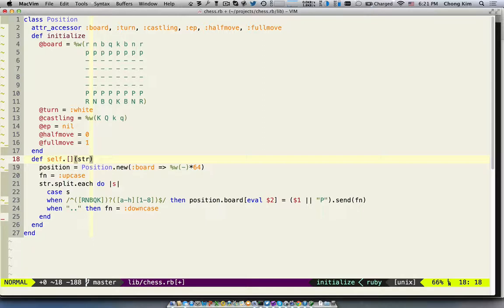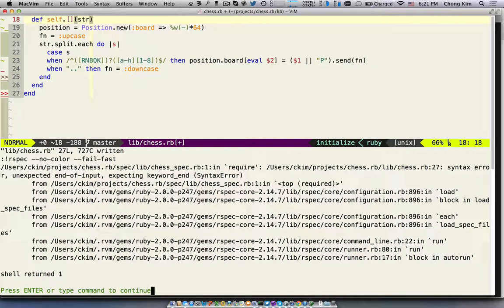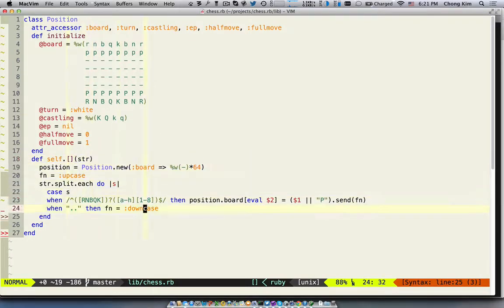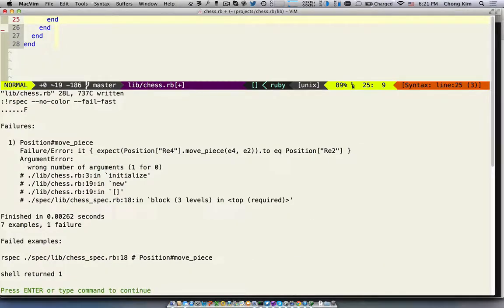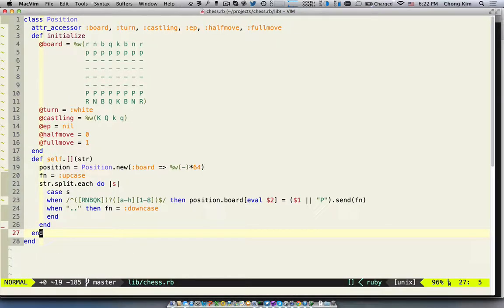Oh, the other thing too. Oh, actually, okay. Let's make this pass first. Okay, so unexpected input. Okay, so we're missing an end. Oh yeah, we're missing an end for the case. Okay, so wrong number of arguments for the constructor. So